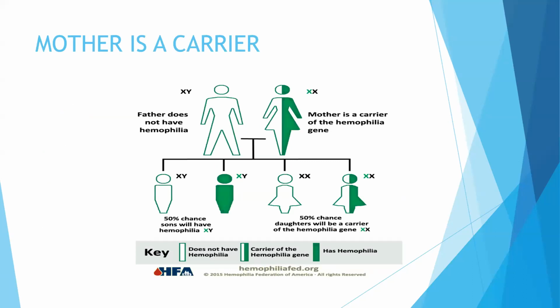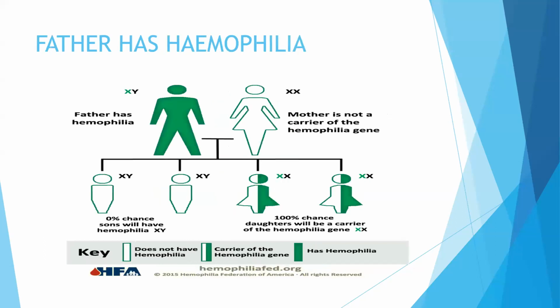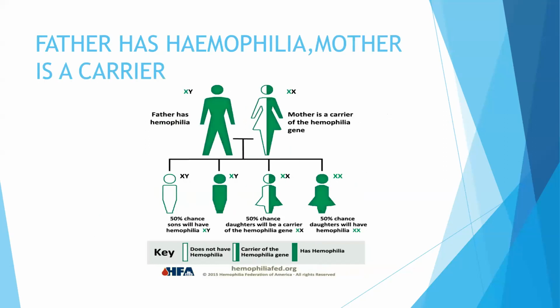So you find that this lady will have a chance of getting a normal son, a chance of having a normal daughter, a hemophilic son and a carrier daughter, just as you can see from the table. And this tree will give